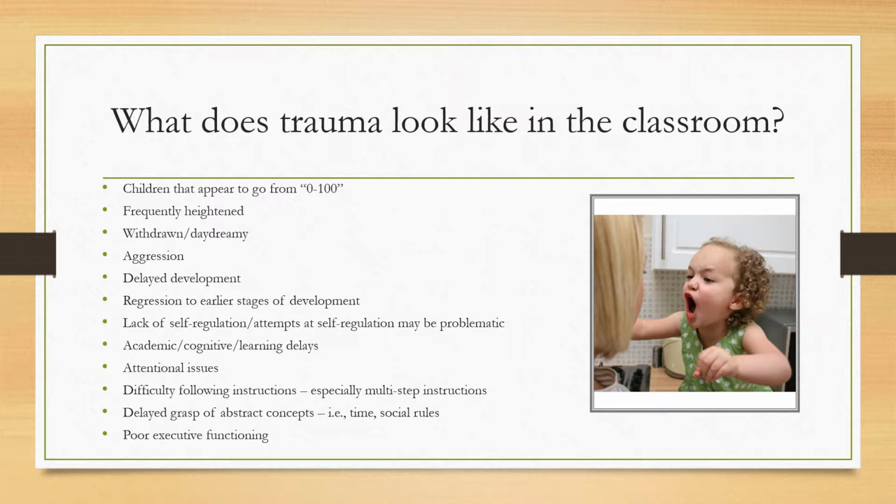And they might have poor executive functioning. Executive functioning is our decision making, our inhibition, that little voice inside us that says, that's not a good idea, you better not do that. That can be impaired. So children that appear impulsive, that can't delay gratification, that seem to not be able to weigh up